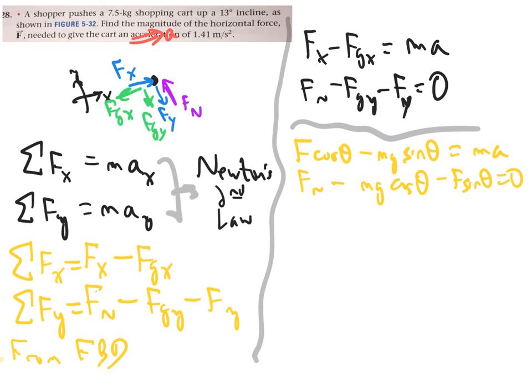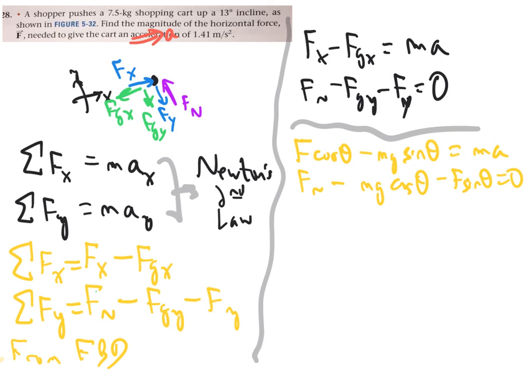And remember a couple of things. I have replaced Fg with m times g, and then I've replaced Fgx with Fg times sine, and so on from a couple screens ago. These equations are both true, and they're independently true, so I can use either one of them to solve the problem. I am going to end up using this one,